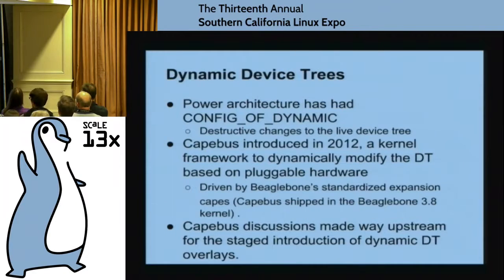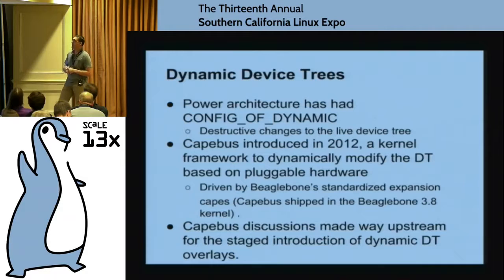All right. Okay, so that shows the I2C example. So now it's time to bring in how we can do this even easier. So dynamic device trees are a concept. Everything up till now, everybody has always compiled the device tree from source. It's a static blob, and you pass it to the kernel, and it never changes, ever, until you reboot and load a different one in. So I say that, but Power architecture, the high-end big iron PPC64 stuff from the old